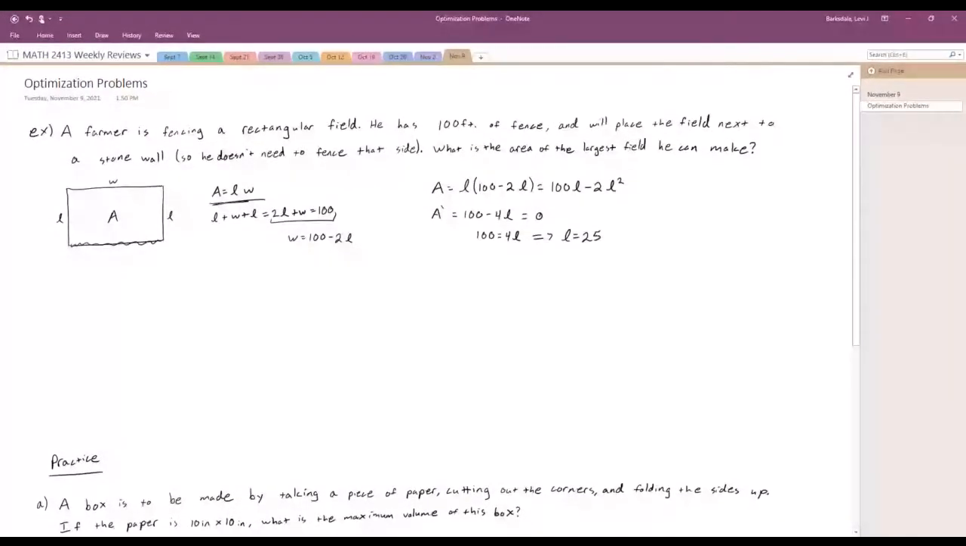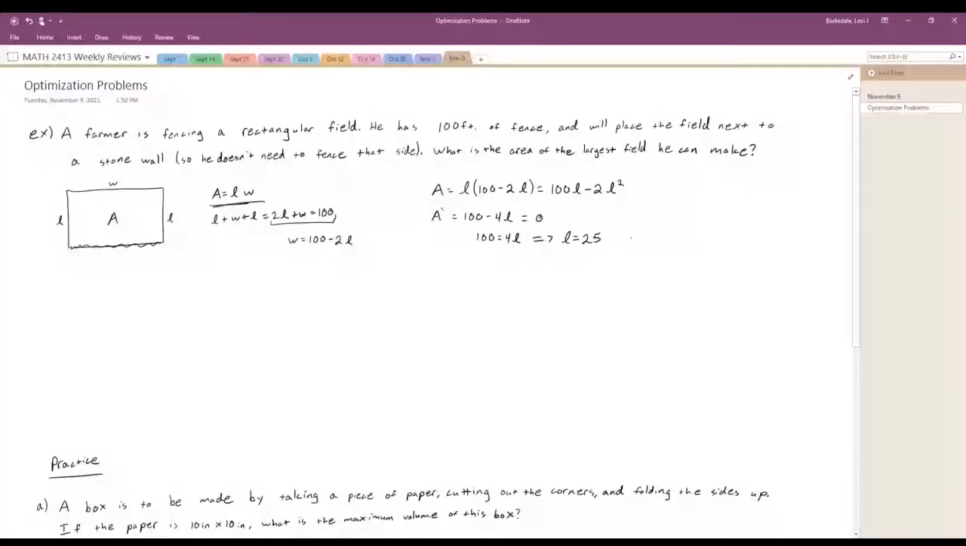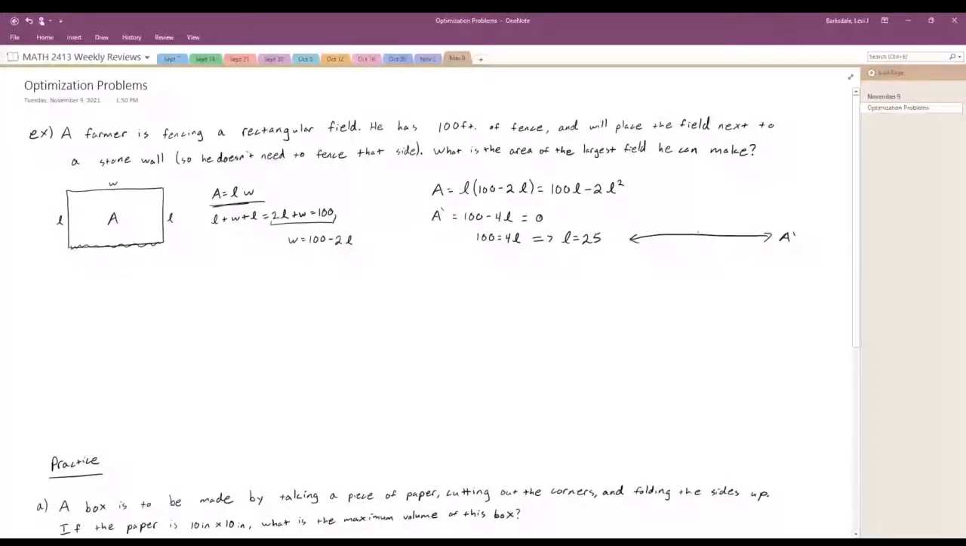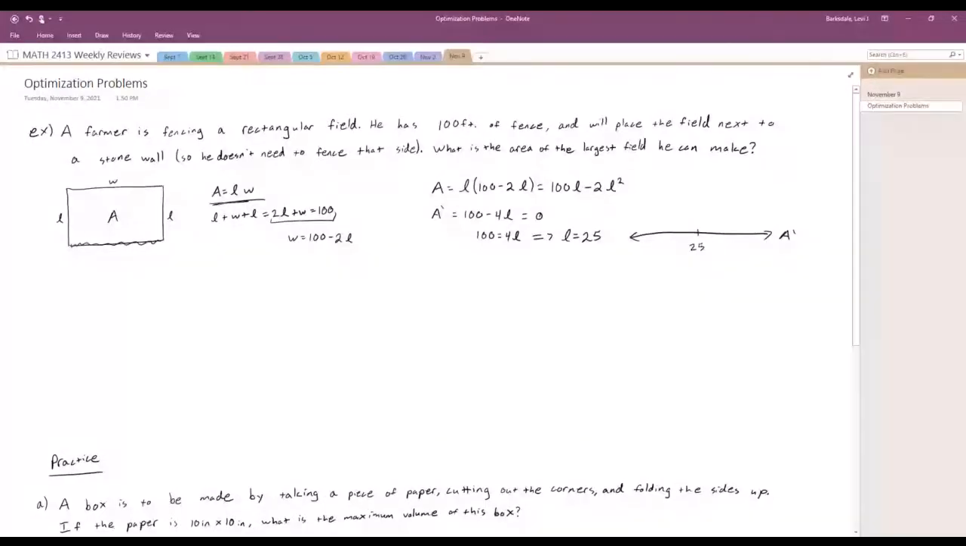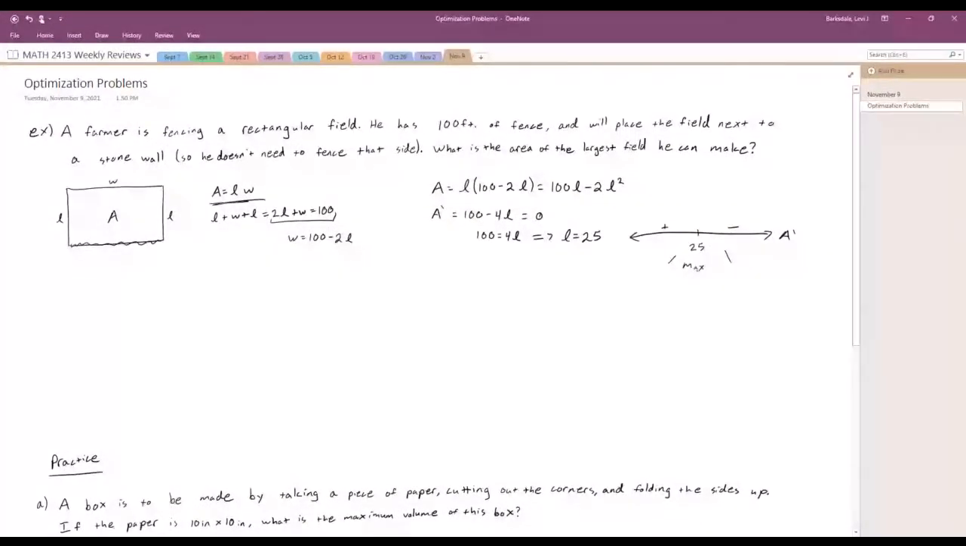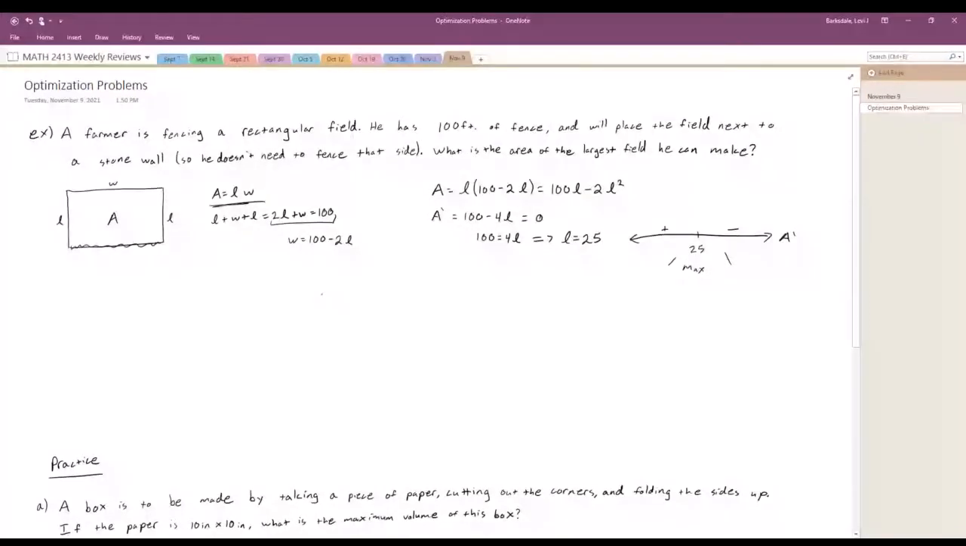We want to check and make sure that this is a maximum. So when I plug in a value that is larger than 25, let's say 100, I would get 100 minus 400, which is negative. When I plug in 0, I would get a positive value, just 100, and that gets me clearly a maximum. So my area is maximized when L is equal to 25,